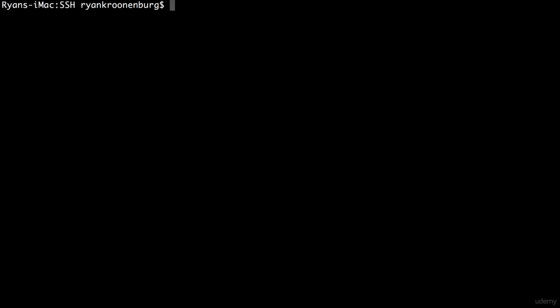So I'm just going to clear the screen. And what's really important is you need to change the permissions on this. So you need to go chmod and then 400 and then my EC2 key pair.pem. And basically that's just locking your private key down